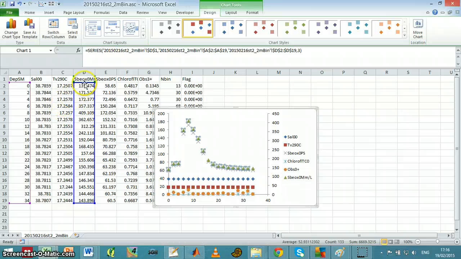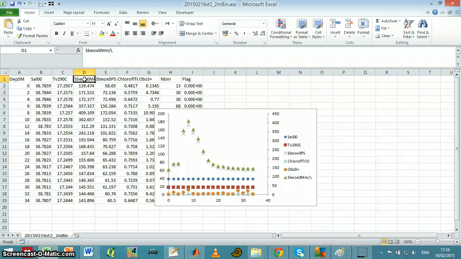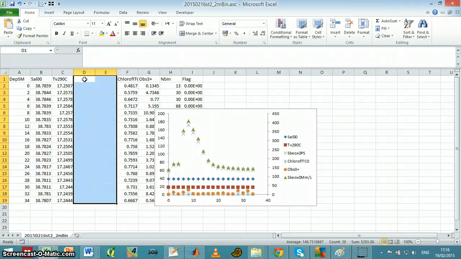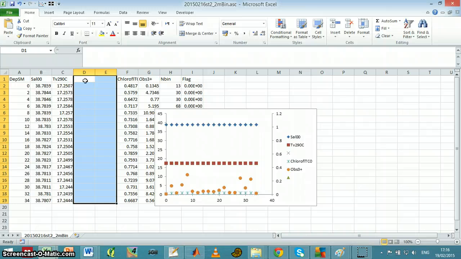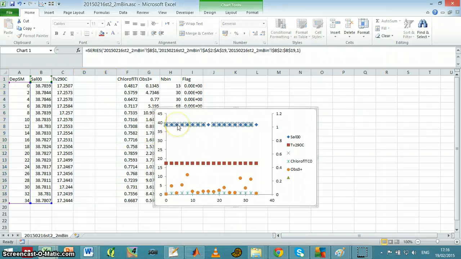And it's true, I know my oxygen sensor is bad, so I remove all of the oxygen data. I just delete it, and then I can go on to the next series,